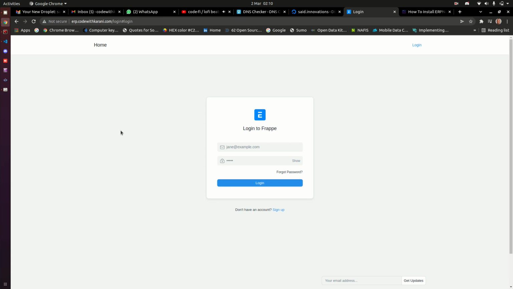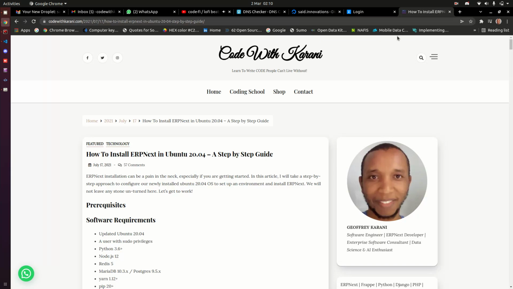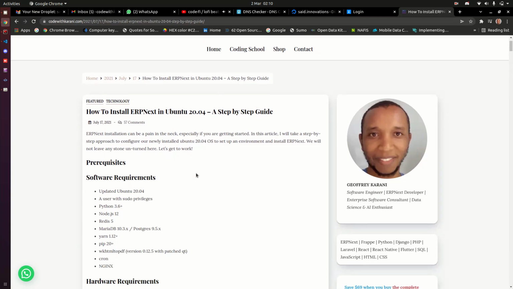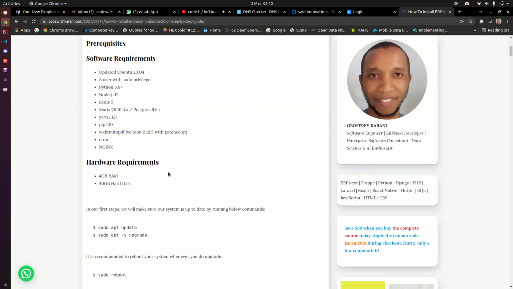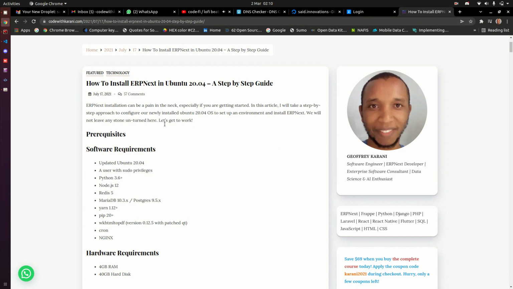Hello. Today I would like to demo to you a script that I have written that automates installation of ERPNext to Ubuntu 20.04. Now, I have done a lot of work on installing ERPNext and developing it in the last couple of months, and I have noted that there is a lot of concern going around installing this thing. Even though I have put together a YouTube video, I also have